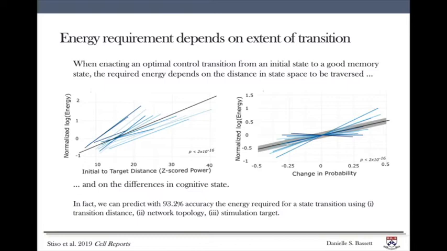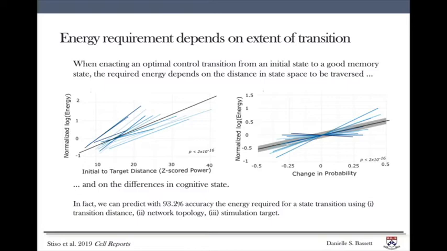So in other words, if the brain started in a state that was very close to good memory, it required less energy to get it to the good memory state, whereas if the brain started in a state that was farther from the good memory state, it required more energy in our optimal control stimulation to actually get you to the good memory state. So this positive correlation is present for each of the different individuals. So here are the 16 different subjects, and then in black is the